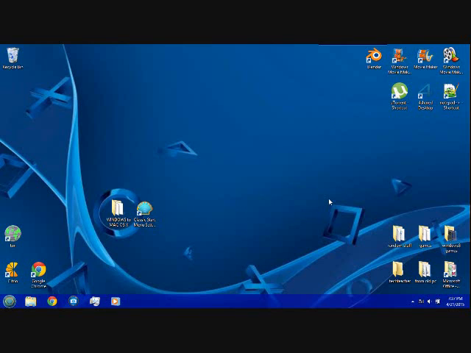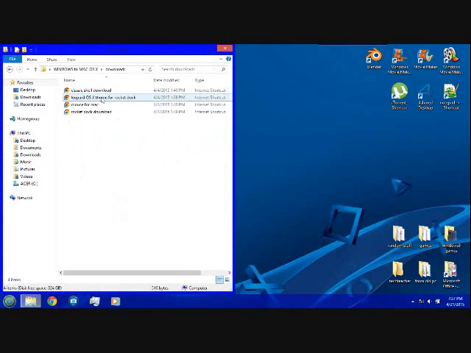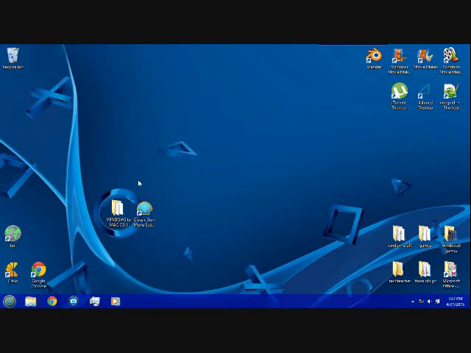Today I'm going to show you how to change your Windows machine into a Mac OS X looking machine. As the title states, the first thing you're going to want to do is install all these programs from these websites. These links will be in the description, and after that you're going to want to install them, of course,